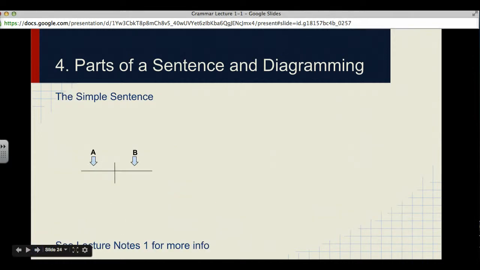So now let's look at some simple sentences. This is how we would begin to construct a sentence diagram. For all of these, there are much more detailed written explanations in the lecture notes, so go ahead and check those out if you haven't already. That's a lot of helpful information, a lot of things that will be reiterated in there that we've talked about in the lectures. To begin diagramming a simple sentence, we're going to need to create a structure like this. We can do that by creating one horizontal line and then one vertical line. And this is going to separate our noun phrase